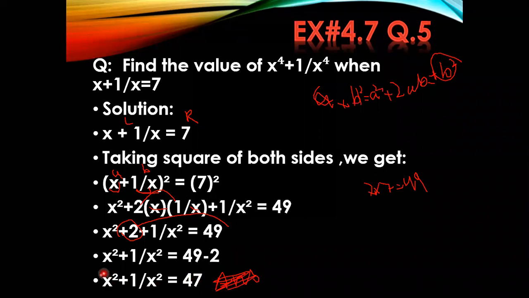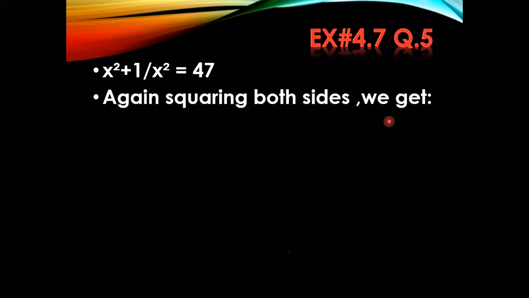Okay. So what we will do, we are going to apply the formula again by taking square on both sides. Okay, by taking square on both sides, just like this. Moving on to the next slide because there is no more space here. Now look at here. What will be left here? X square plus 1 upon x square is equals to 47. And now we are going to take the square on both sides. Simply we will write here again squaring both sides we get. Okay, what we will get here by taking squares on both sides?